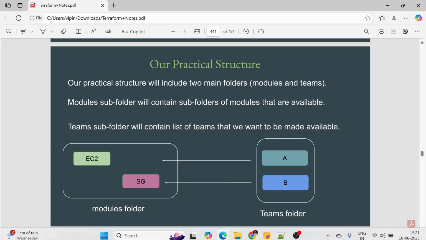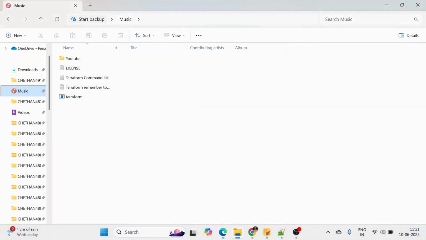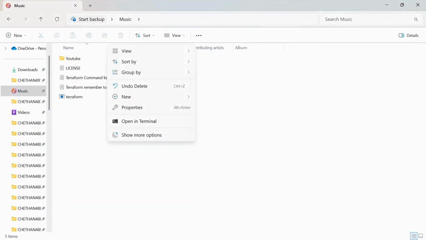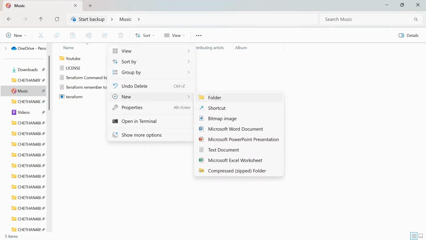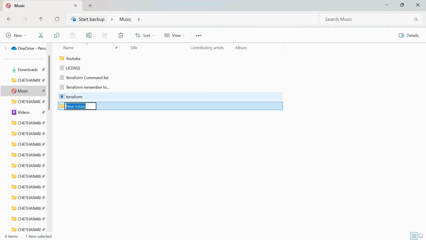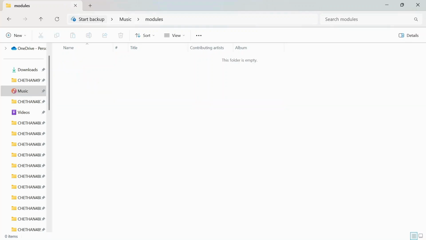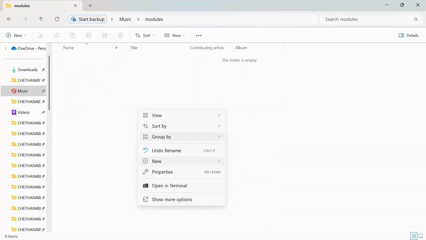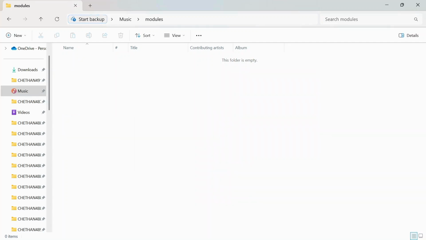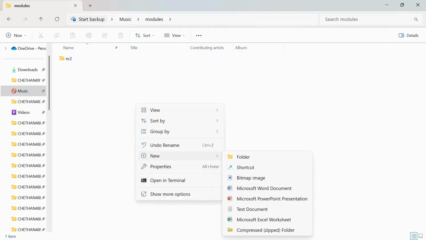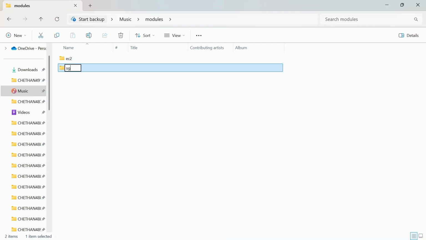So let's go ahead and create the folders here. I will first create the modules folder. Inside the modules folder I will create another folder that will be EC2, and another folder with the name of security group, SG.